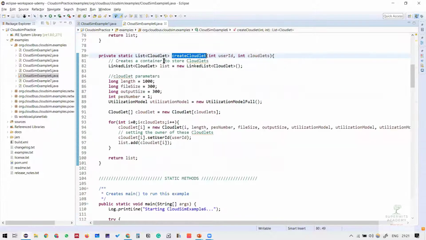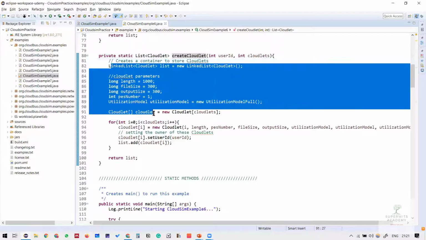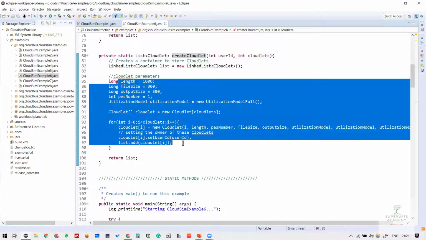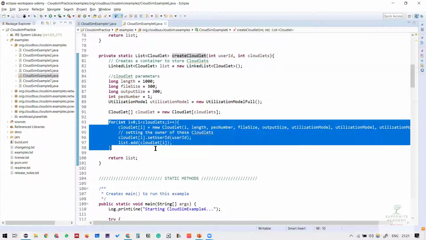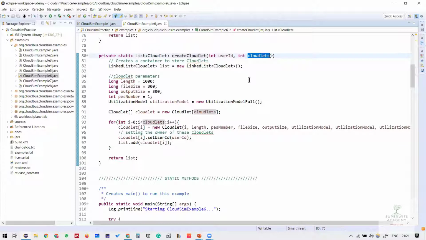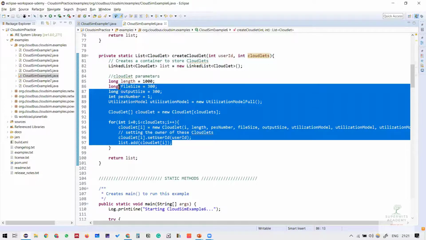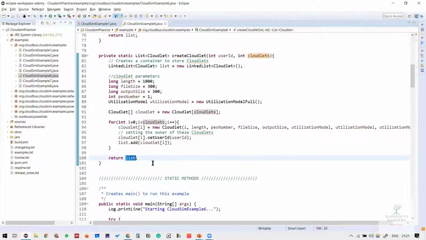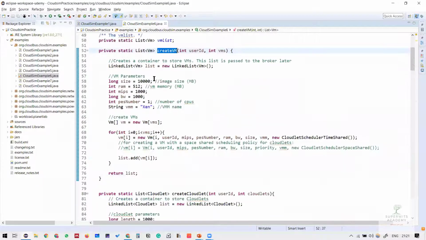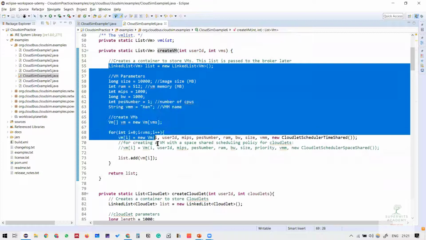If you look inside create cloudlet, you can see it clearly has similar instructions written inside of it, except that it has a for loop, so that whatever number of cloudlets we request from this function, it is able to generate all those instances and then return the list to the main function. Similar is done for create VM over here.